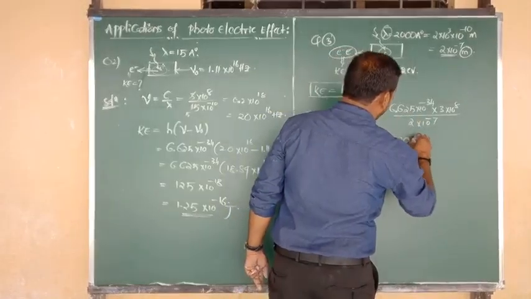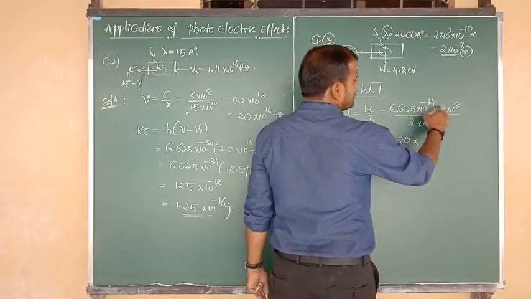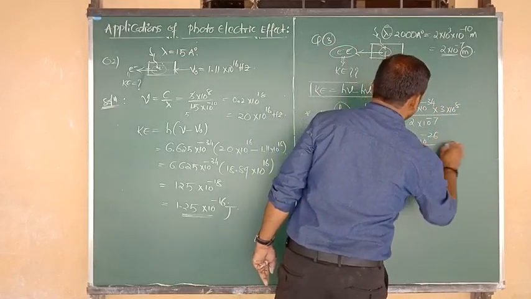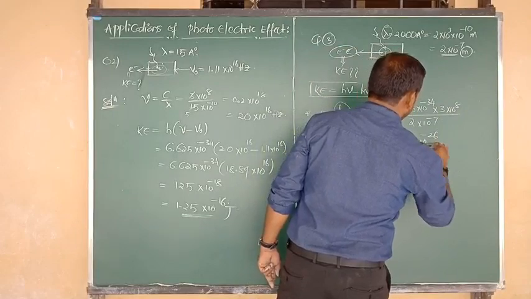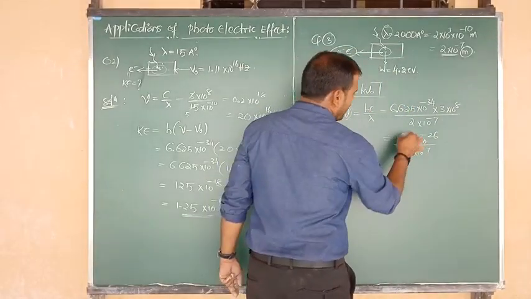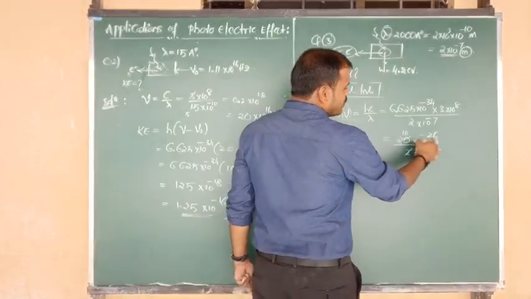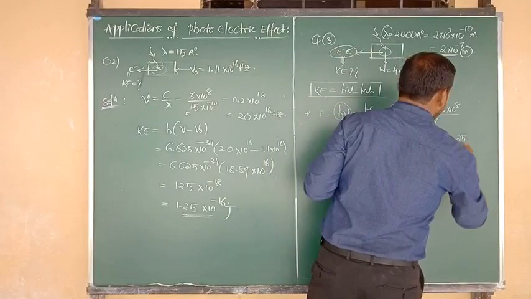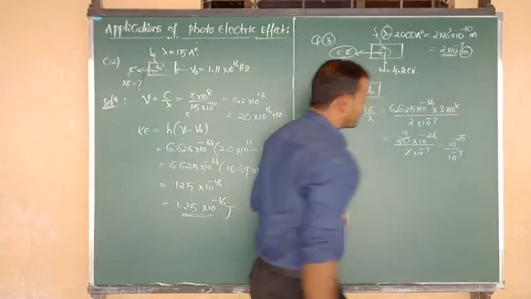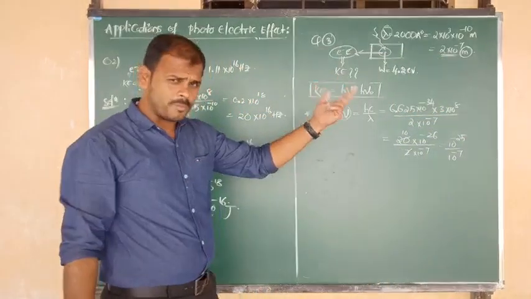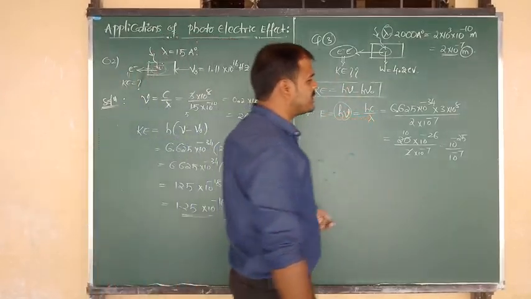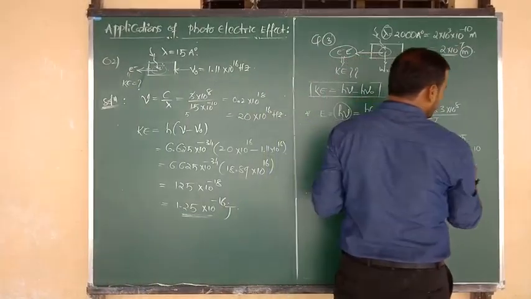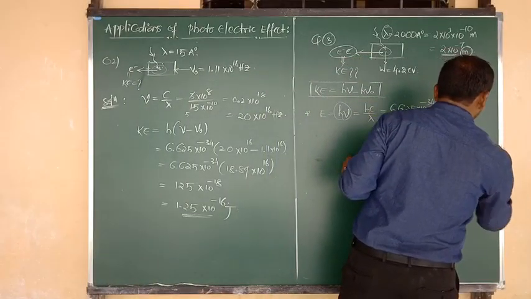So 6.625 into 3, so many times we did the calculation, this is around 19.99. So we can write roughly 20 into 10 to the power of minus 34 plus 8, so we can get 10 to the power of minus 26, divided by 2 into 10 to the power of minus 7. This is 2 ones are and this is 2 tens are. 10 into 10 to the power of minus 26 means we can write 10 to the power of minus 25. Below, 10 to the power of minus 7 is there. Minus 7 taken upward becomes plus 7, and 10 to the power of minus 25. So if we subtract 7 from 25, what can it be, dear? That is around 10 to the power of minus 18.